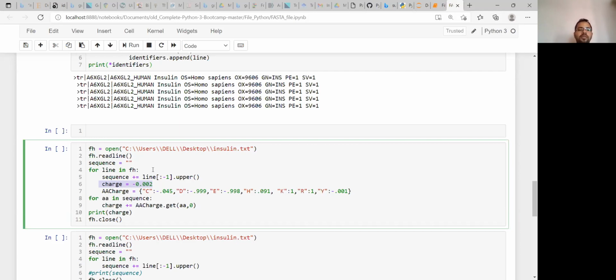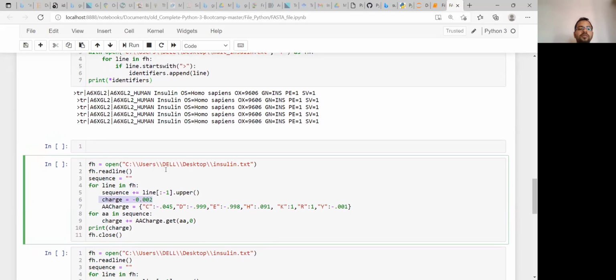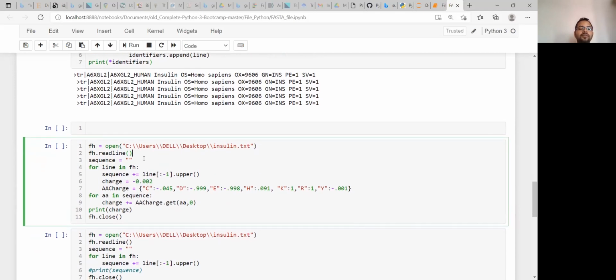So you see, we have opened insulin.txt, then read the lines one by one, and for line in fh we are getting the sequence first using this method again. There are multiple options for getting the full sequence. All the sequences have been converted to uppercase, because in the next dictionary we have used these characters in uppercase.